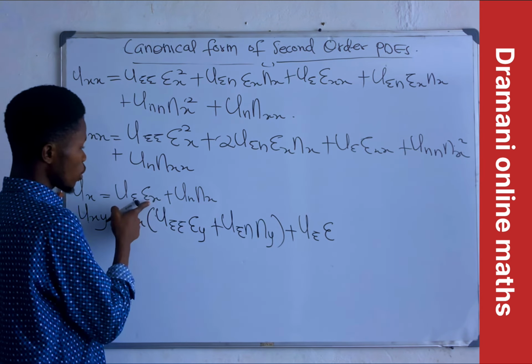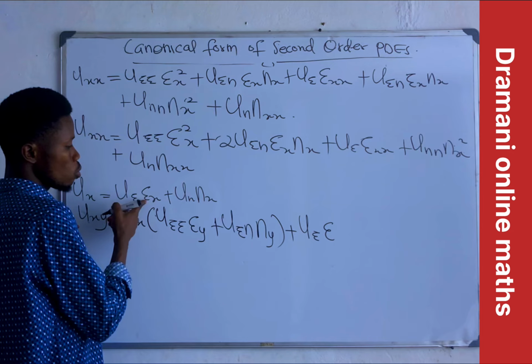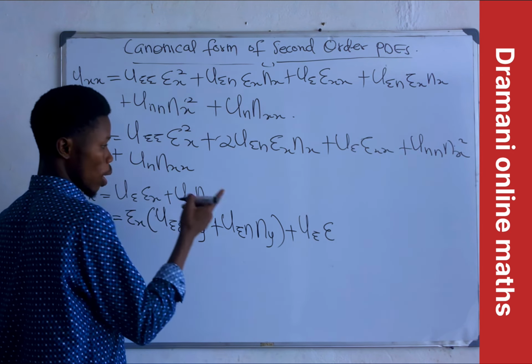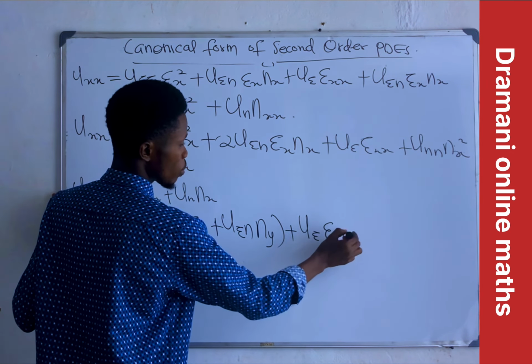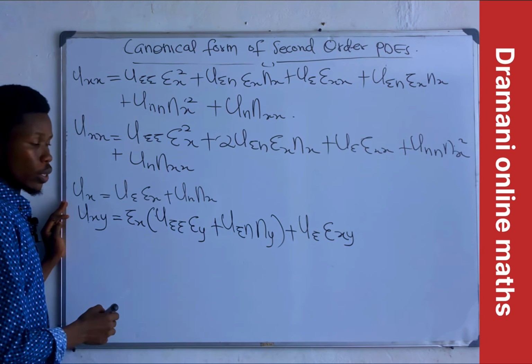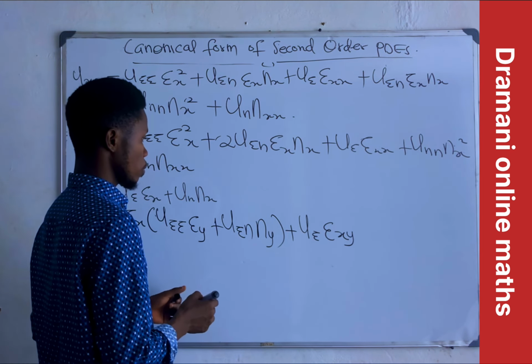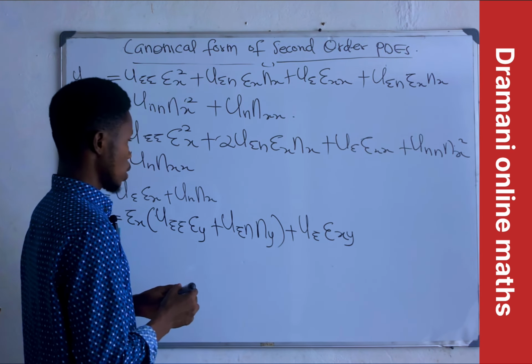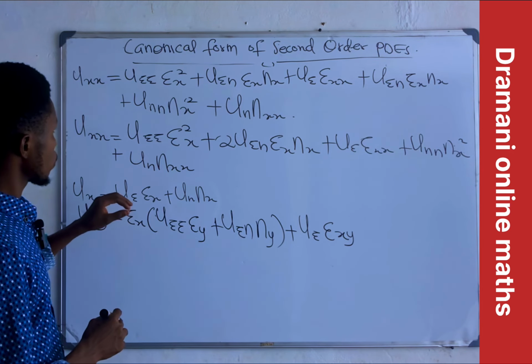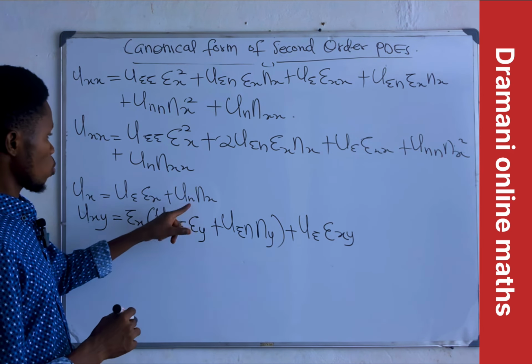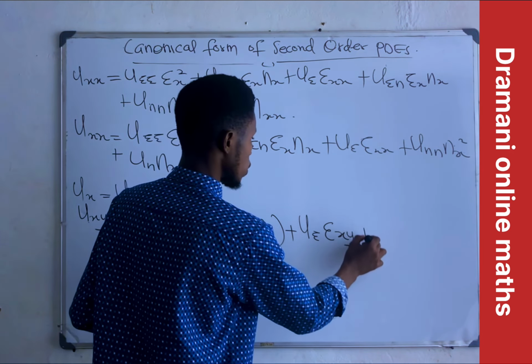Now remember this one, differentiating with respect to x, so it will be ξx ξy. The x is already there, but with respect to y, so the y counts. Is that okay? Now we move to the second one, which is